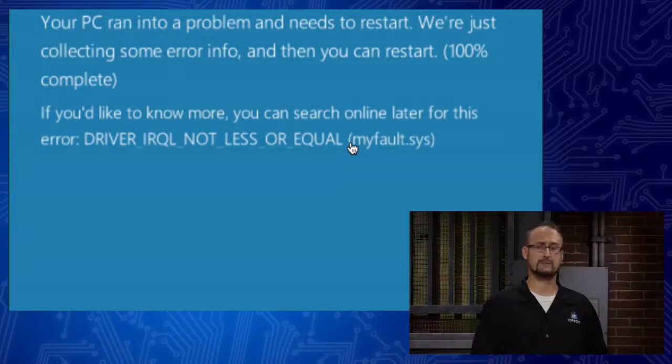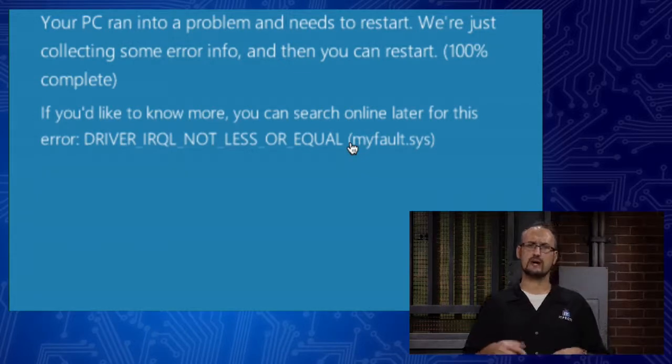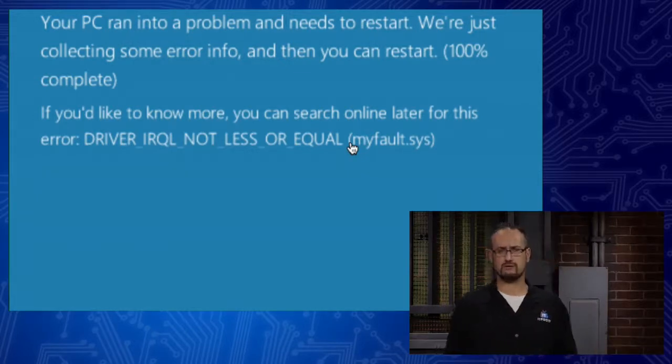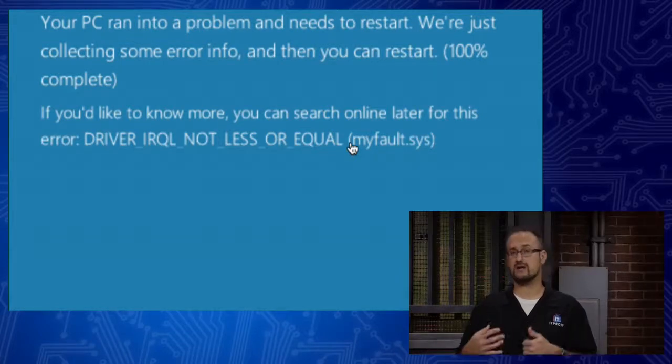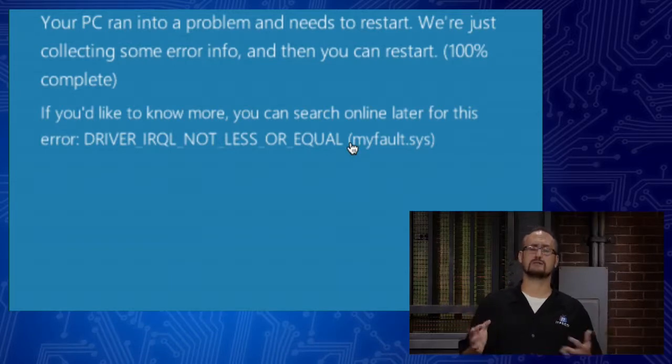This is supposed to happen, right? It's happening on purpose. I'm generating this. But this is what you would see in a situation where maybe you did download a driver, you installed the driver, and it causes an issue. Well, that could be a problem, right? That causes a problem because if that driver becomes problematic and it does cause a blue screen, I don't know what the driver issue might be. This gives me the ability to see that.